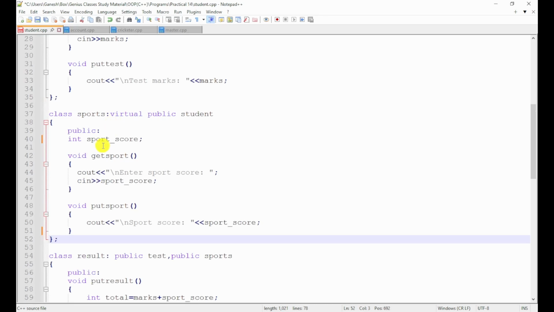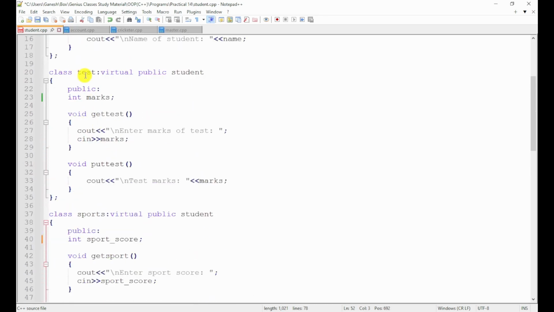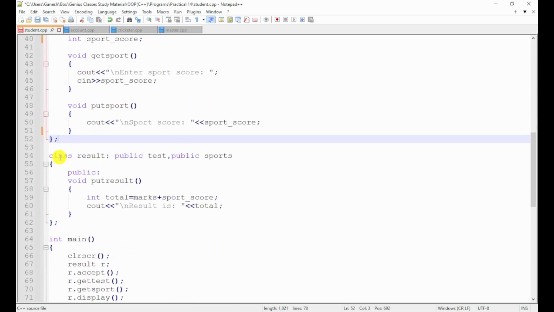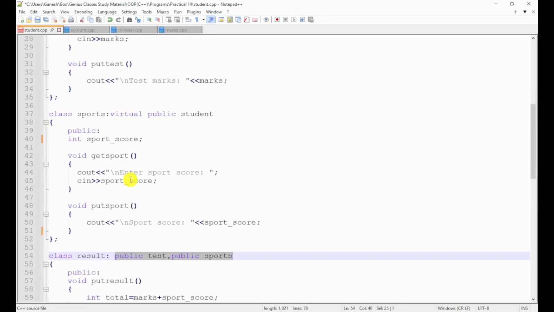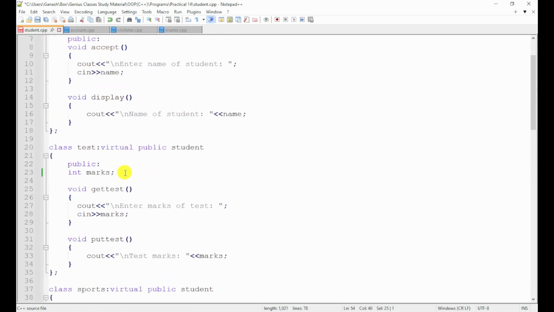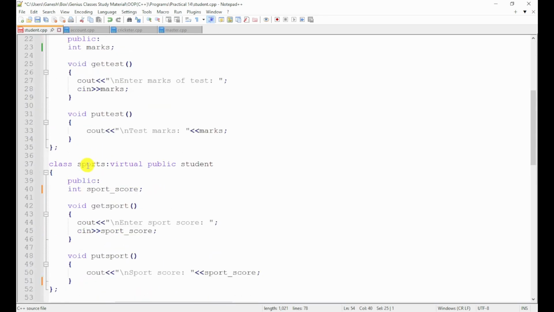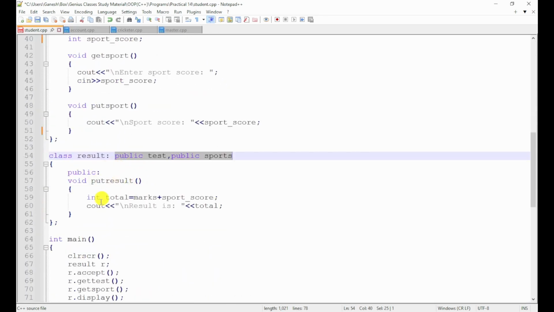Now we have to inherit this sports class and test class into final class, that is class result. So class result colon public test comma public sports. So this is multiple inheritance. We are inheriting test and sports properties into result class. So inside result I am directly creating one method, because all the member variables from student, test and sports are already inherited here. So I am just defining a method, that is void put result, to display the result value,